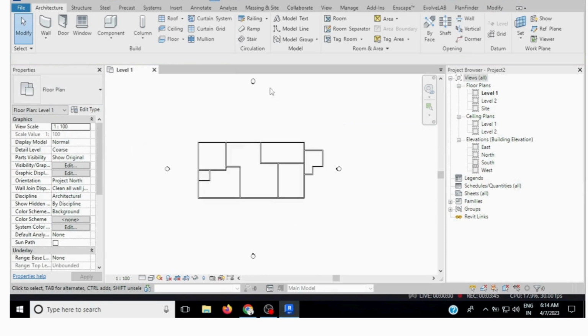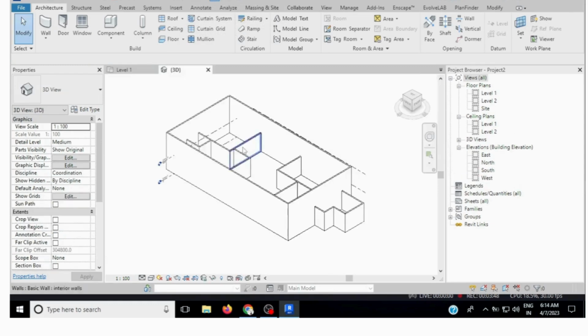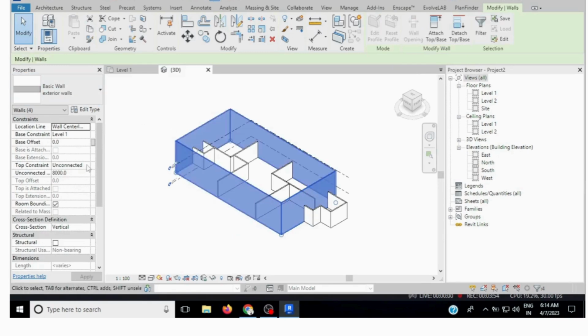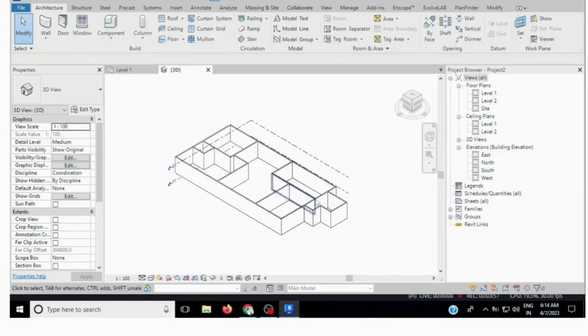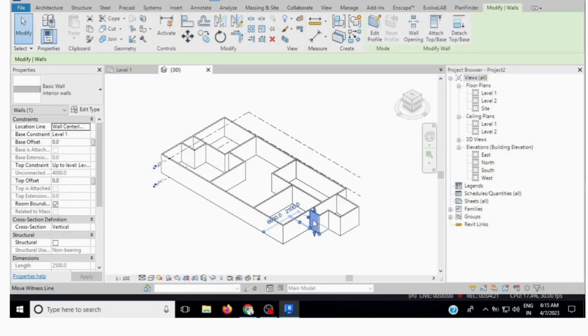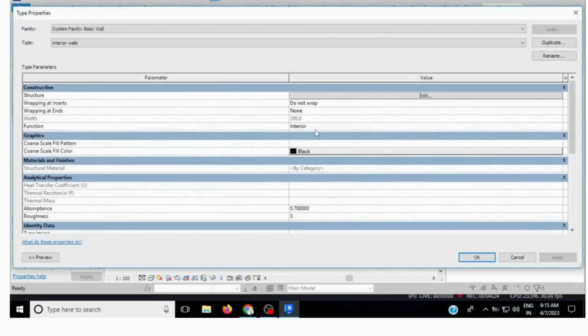Now go in 3D. Click on wall, select all, and level 2. Okay, all are in level 2. Now see, from here I can't distinguish the interior and exterior wall. By clicking here and going in edit type, I can identify it is an interior wall and its type. Okay,